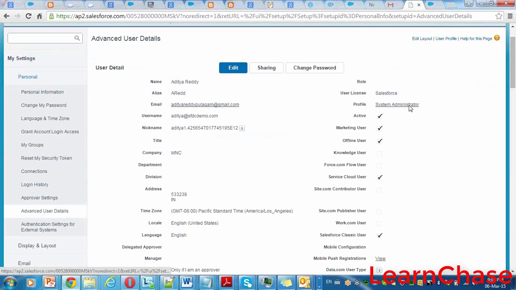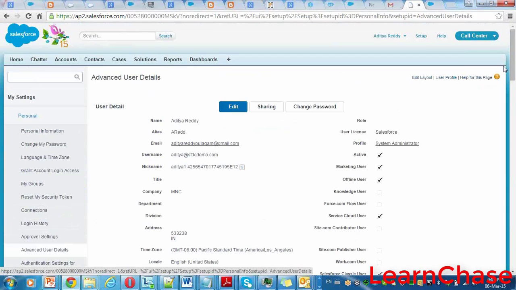And your login history, when you logged in and when you logged out, everything will be there. You're clear, right? This is about this section.